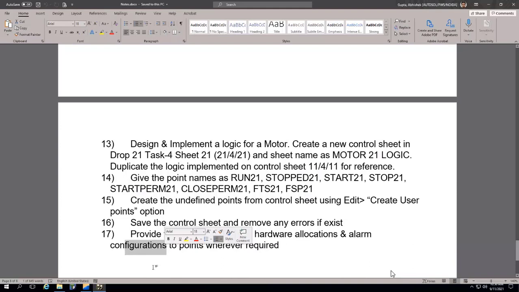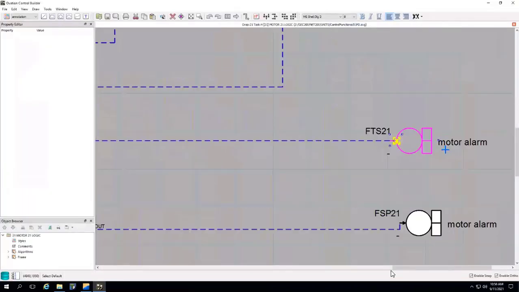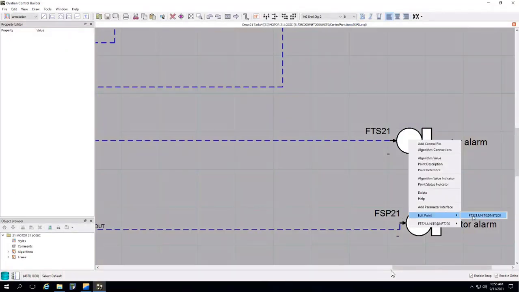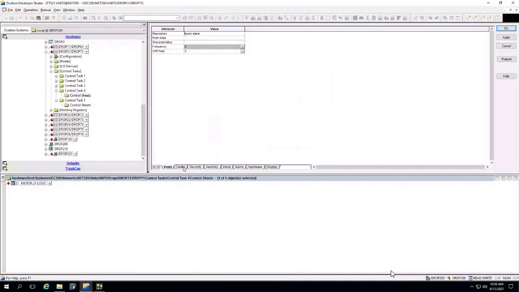If you have configured the alarm, there will be a sign A within it. How to do that? Open this point in the studio, and in the point configuration window, go to the configuration, and here is the alarm configuration for a digital point. You need to check alarm on 1. This will give the alarm of this point.